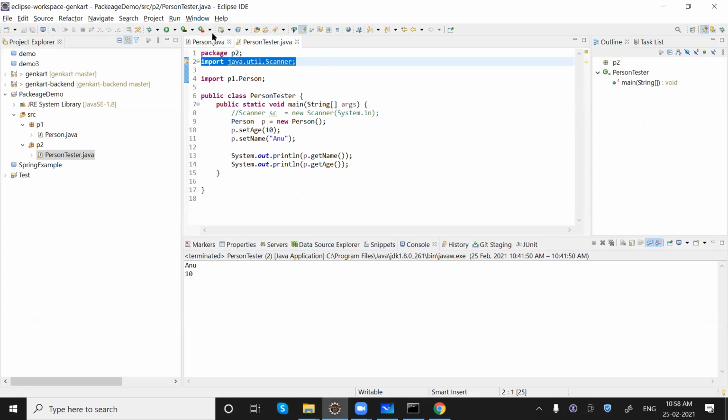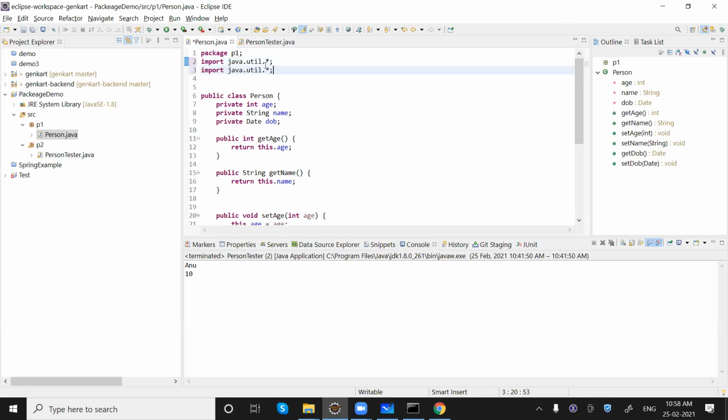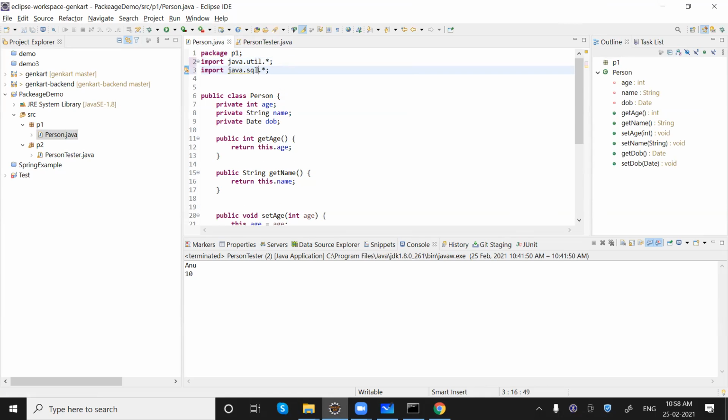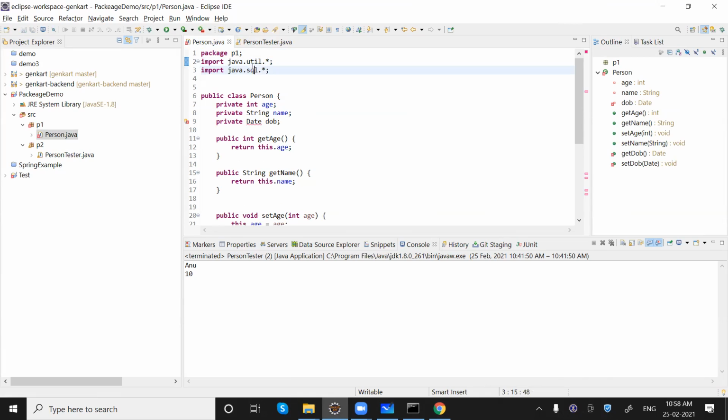My question is, when we are importing both folders and they have the same class name, how will it work? It will be the same thing: we need to specify the complete qualified name. You can see I have imported both packages, util.str and sql.str, and it is getting confused.